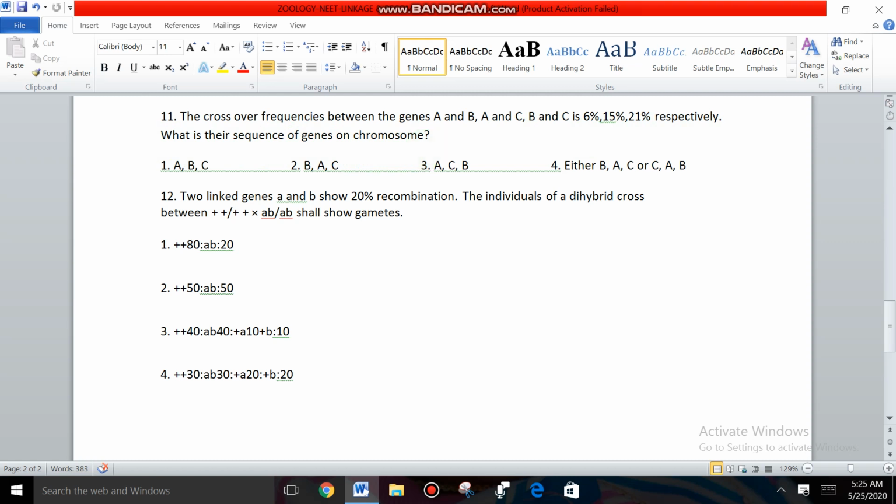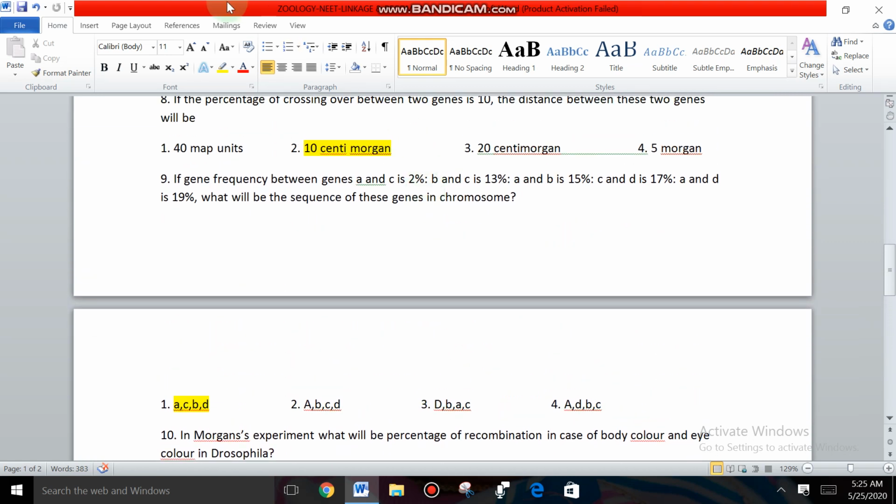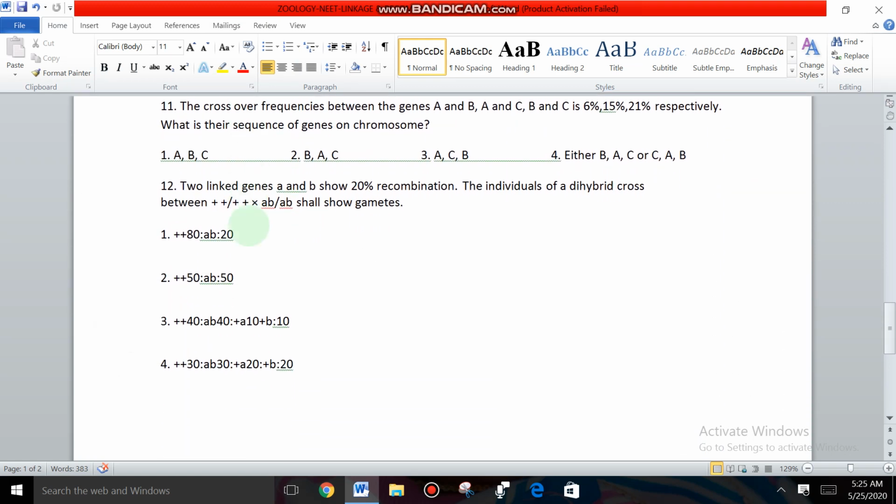So whatever we discussed in question number 9, this is the same type of question. Do the answer. I am not revealing the answer. Do it. If anyone has a doubt, just message me. I'll give the explanation, right? Otherwise, by tomorrow's class, I will reveal it. Okay. Same type of question. Just draw one line and, by the given data, work out how the genes are arranged on the chromosome. You can get it easily, right?